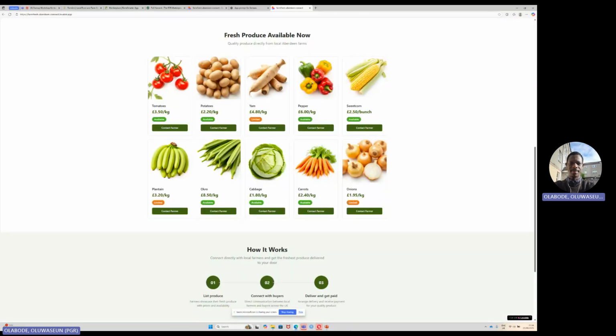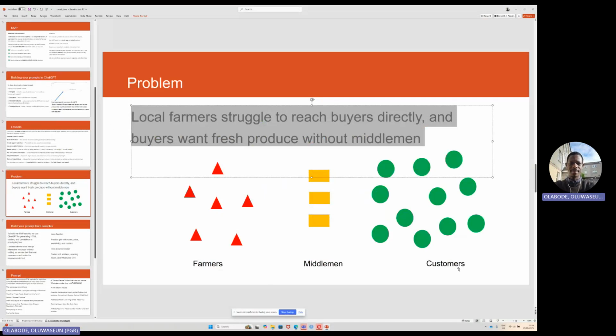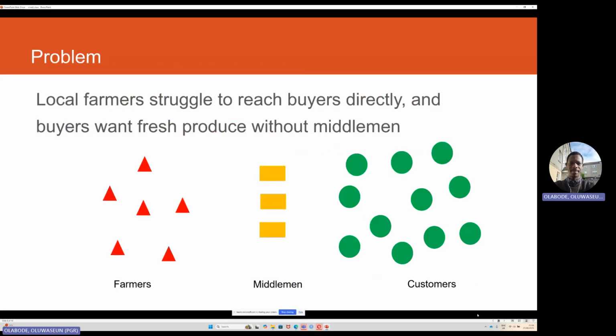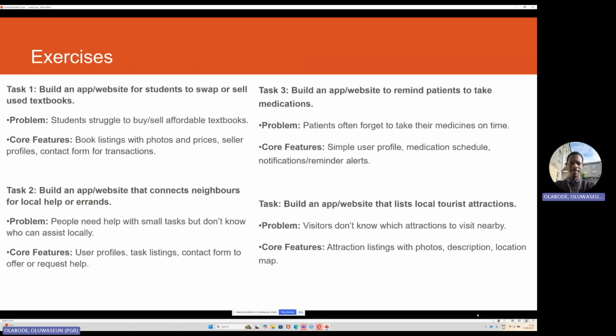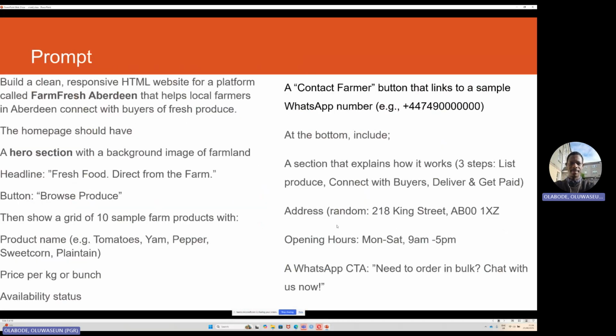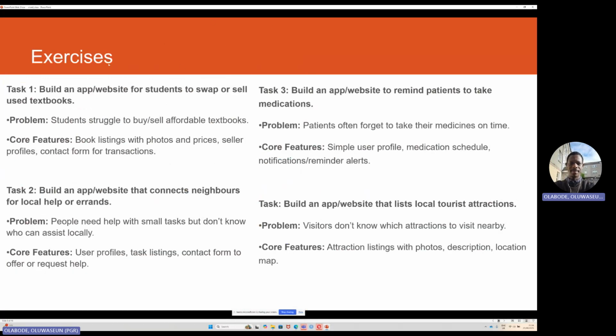Because we've spent a lot of time, that's that. So yeah, we've done that. You can screenshot this. This is the prompt that I used. You can screenshot this, all of that. So exercises for you guys. If you can try to look at this and do it, send us an email